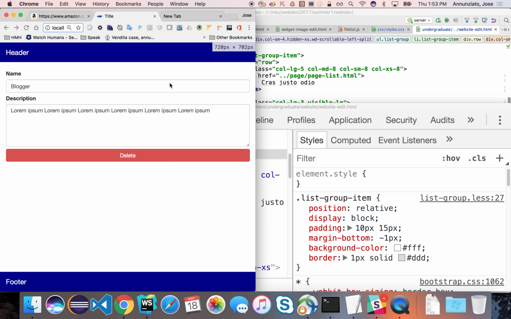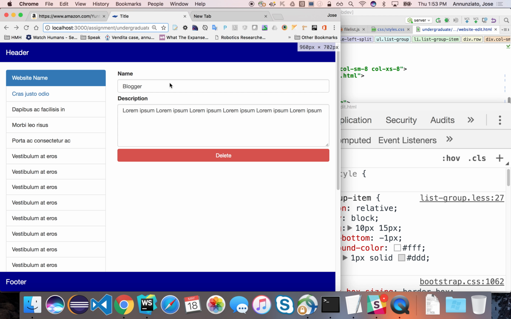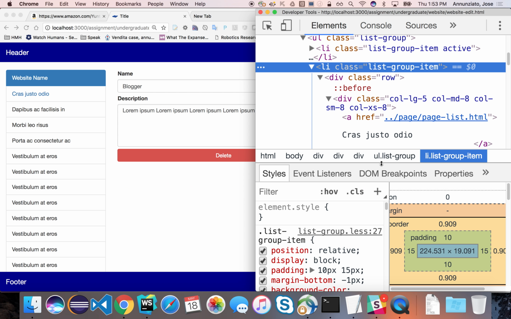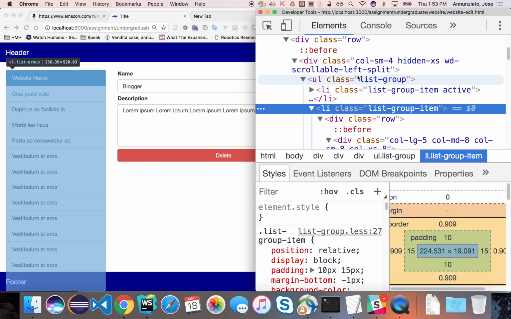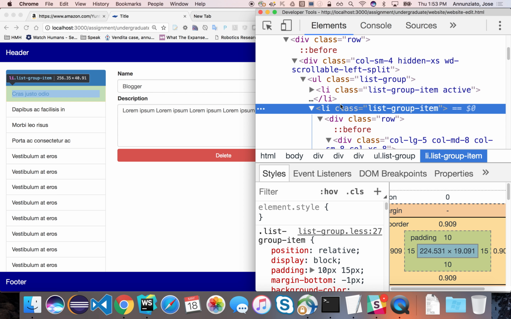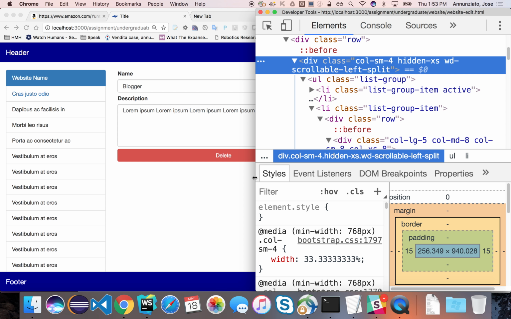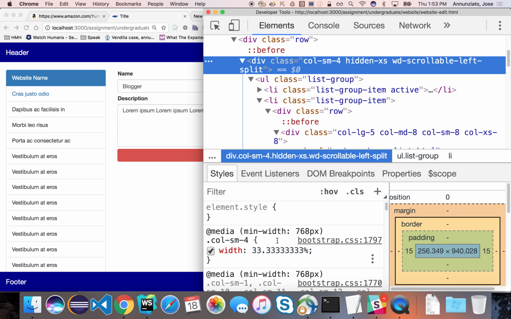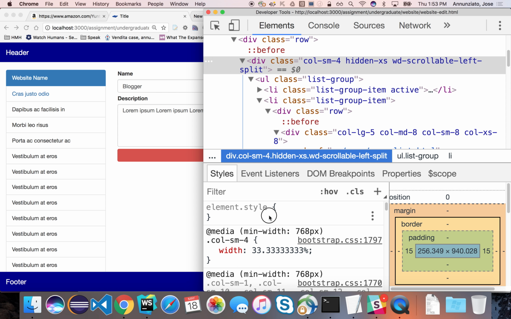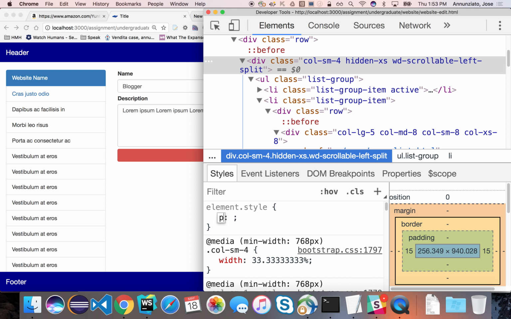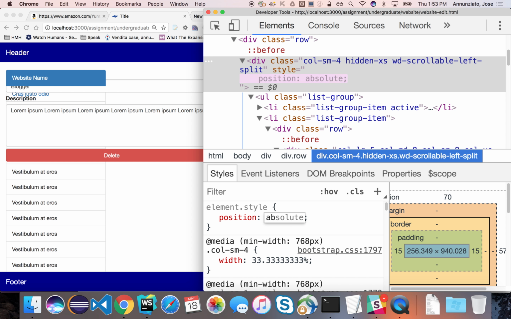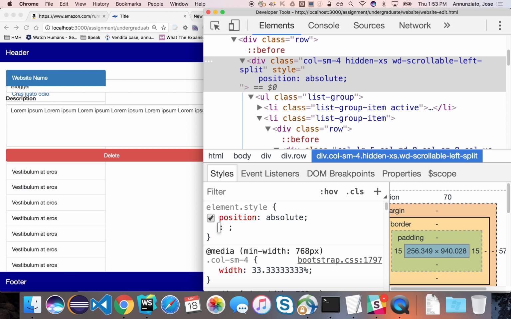Let's see, how do we want to do this? All right, there it is. Let's put this on the right-hand side. Let's see, so what we could do is we can grab this, right? And what we could do, let's see, what could we do? We could position it in absolute. Right, we can position absolute,